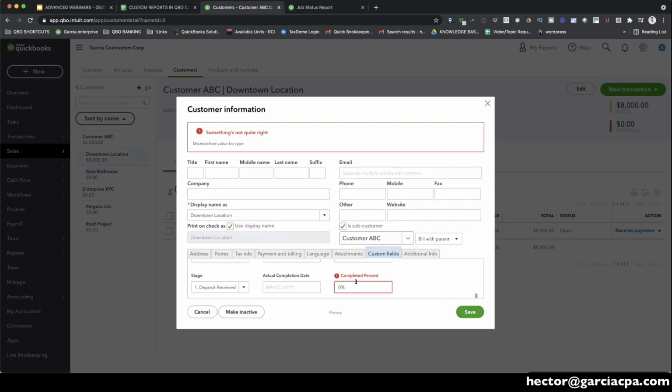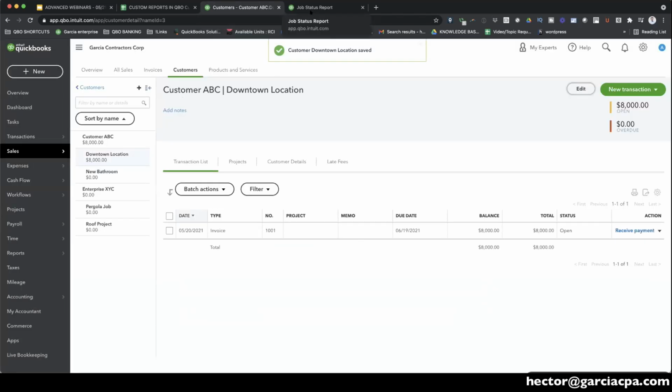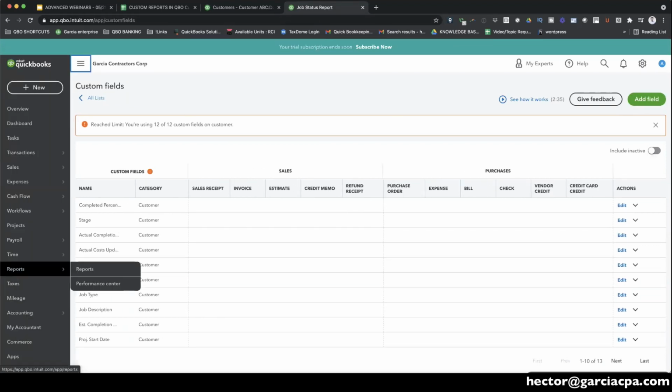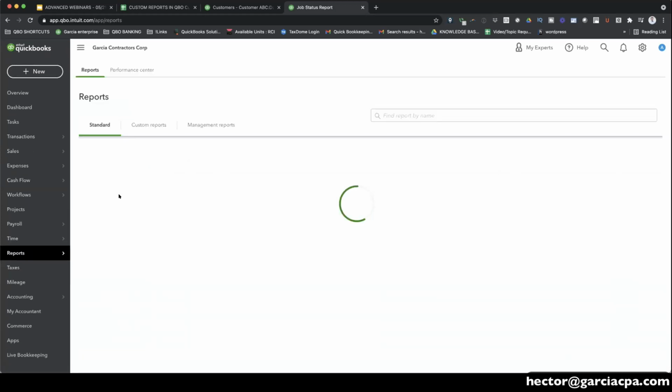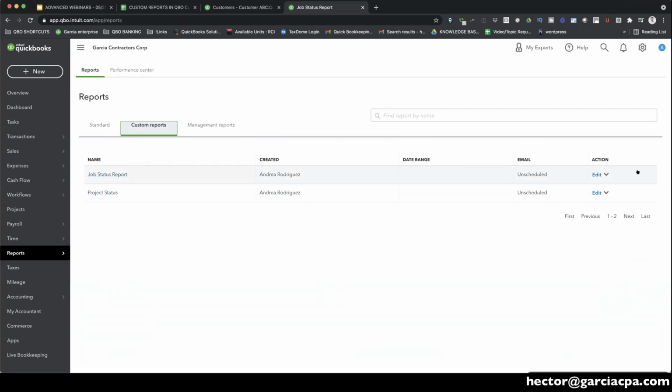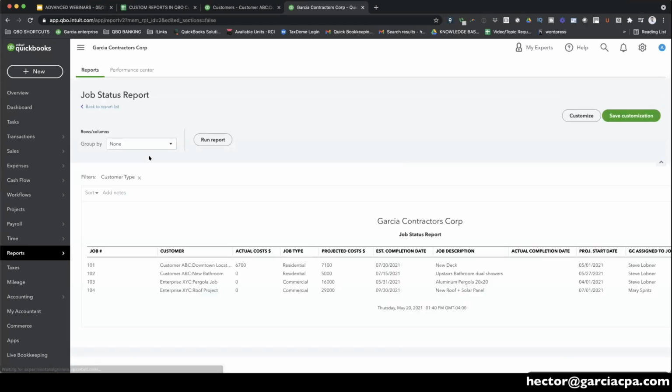So now we can go. I keep forgetting I can't put percentages in there. So I'm going to hit OK. Then I'm going to go back into my job status report. Let's go back into reports. We had that report saved already. Reports, we're going to go to custom reports, and we're going to go to our job status report, open that,